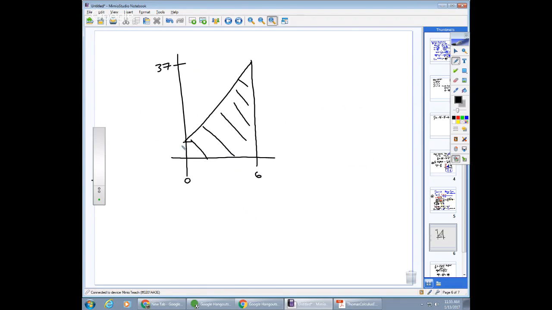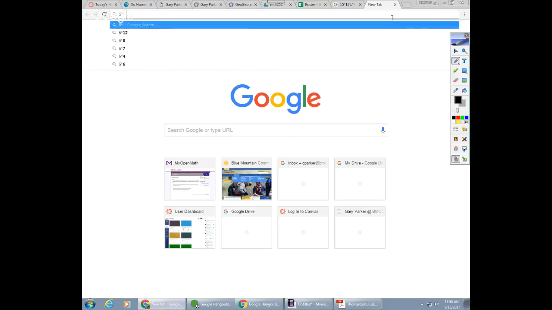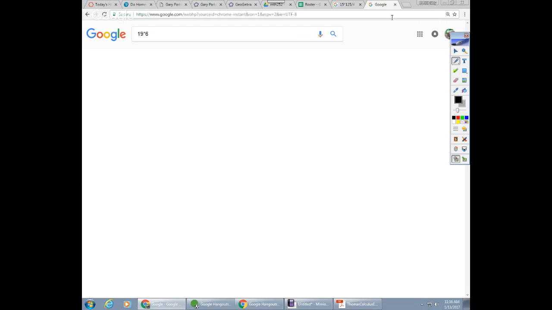So this is a trapezoid with a base on one side of 1 and a base on the other side of 37. And the area of a trapezoid is always the initial base plus the other base over 2 times the width of the interval, or the height of the trapezoid, which is 6. So 38 cut in half is what, 19? What's 19 times 6? Okay. 114, same answer we got